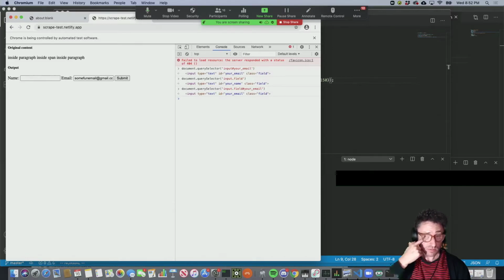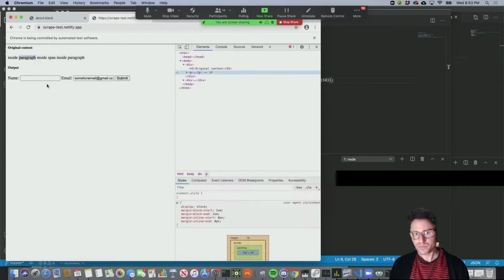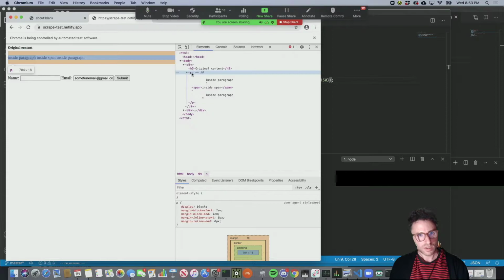So that's kind of very basic. Oh, there's another thing too for web scraping. Let's say you want to get what this is, and you want to save it to a file or something. So what I would do is inspect this element. This is a P. So what I could do is